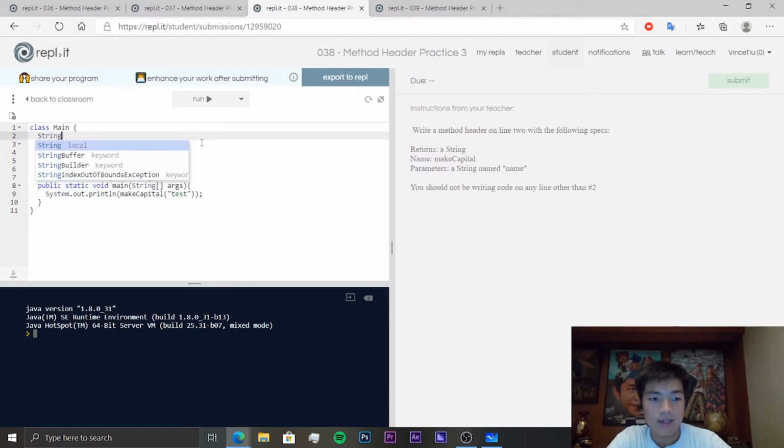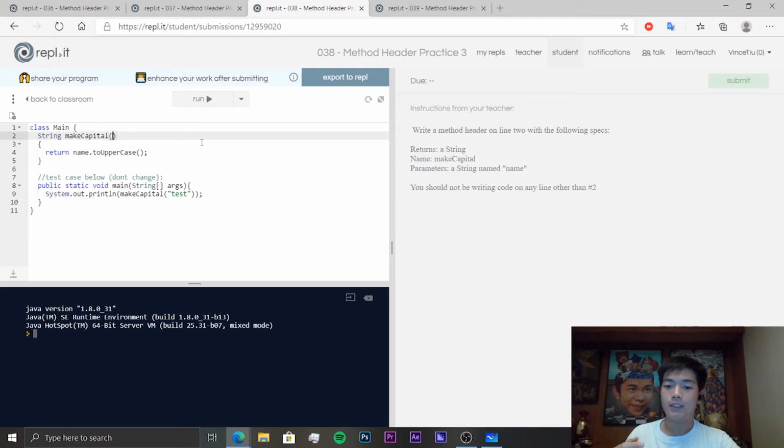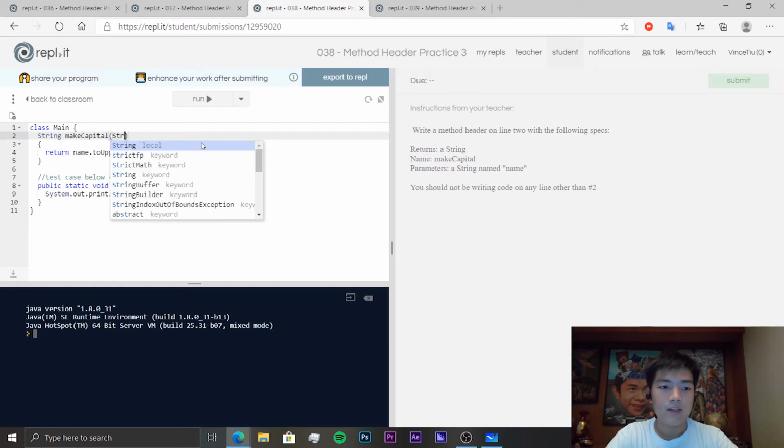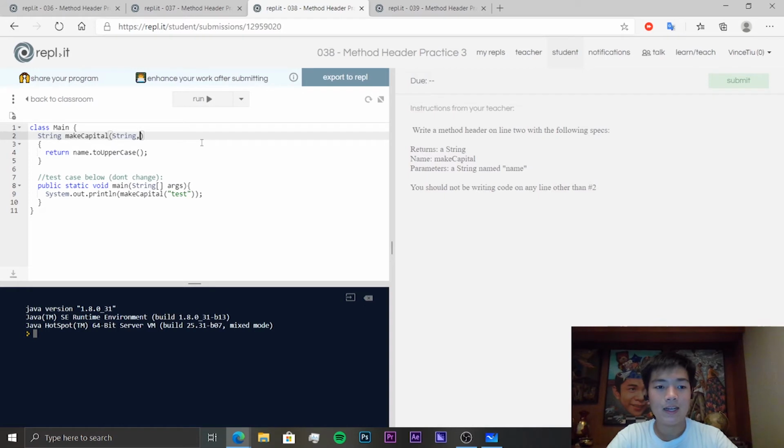In this case, it's a string, and then we put its name, makeCapital. And finally, in these brackets, this time we have some information we want the function to receive. To define a variable a function receives, it's like defining a normal variable. You put the type first, in this case string, and then you put its variable name, which in this case should be name. And so if we run this code now,